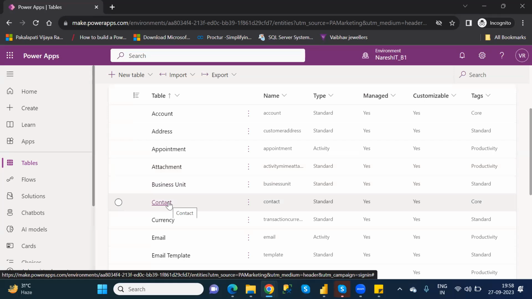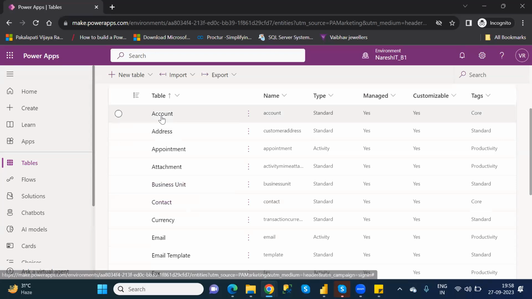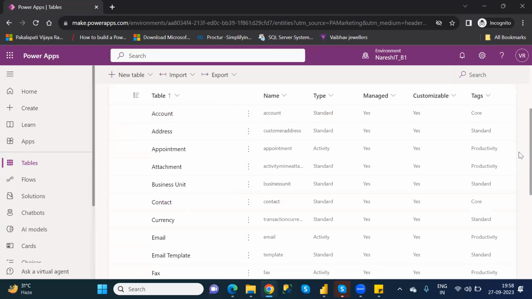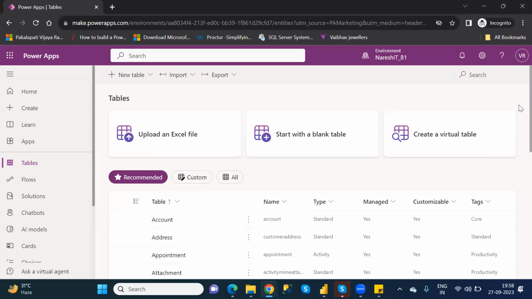They are creating only columns, not data. If you want to load data into that particular table, you can load it. Otherwise, if you want your own data loaded into that table, you can upload it into that particular table. That's it. So these are the default tables provided by Power Apps.